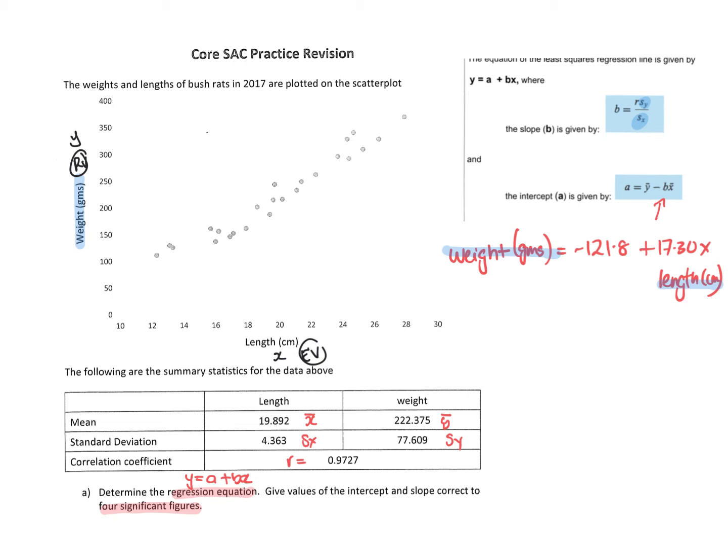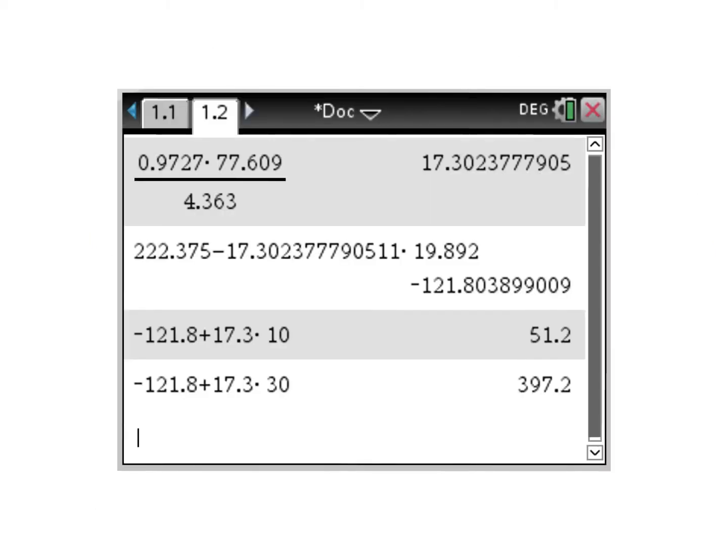This was mainly to remind you that there is another way to get the A and B values. You have to remember that you have these formulas, and they are on that summary sheet to help you. So here, I've done it on the calculator. This was the R value, and this is SY, and this is SX. So here we're getting what B equals. Now, they asked me to do 4 significant figures. So you start counting as soon as you get a non-zero: 1, 2, 3, 4. Then you check the next digit. Is it above 5? No. So the B value is